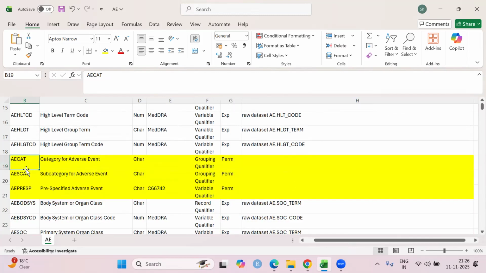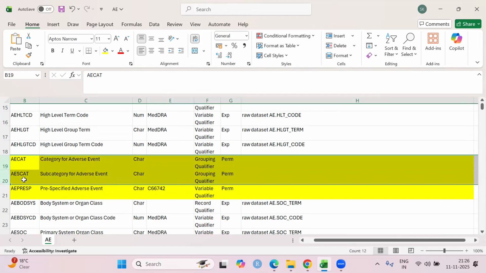Next are the category and subcategory variables. In this study, again, we cannot see the categorization of adverse events being done. And since these are permissible variables, we have dropped these variables. However, if in your study any categorization has been done, then these variables will definitely be annotated on your CRF form. So have a look in your CRF form whether you have the annotation done for AECAT or AESCAT. If yes, then you can use those variables which are annotated,